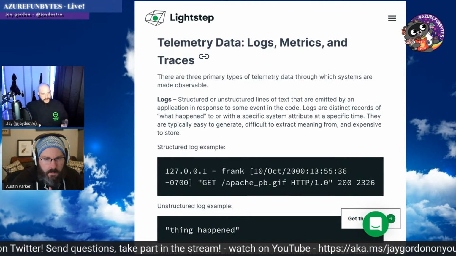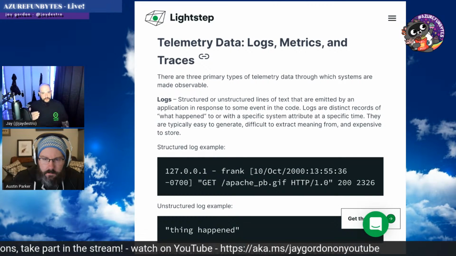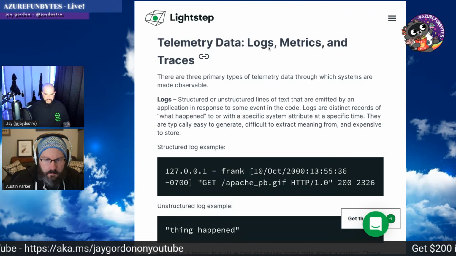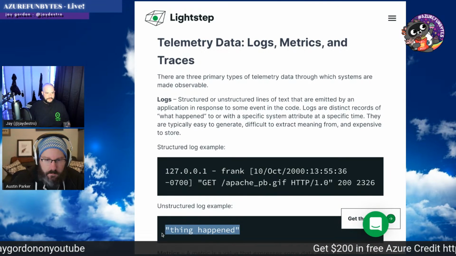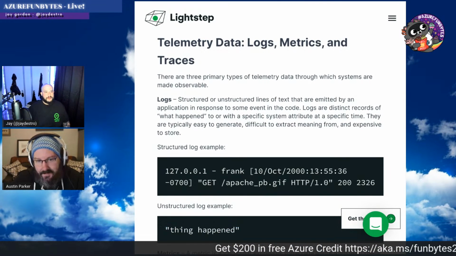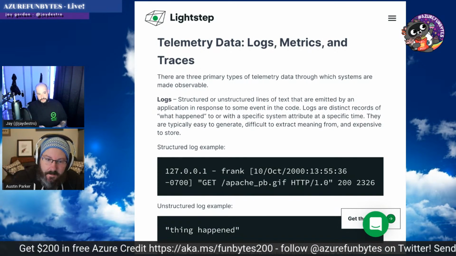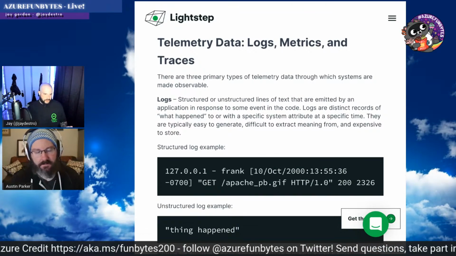Just logs in a file and monitoring of, like I said, red or green. But this is the thing I like here, and I'd love you to talk about it. Thing happened. How do we make thing happen into something that we can use to prevent a catastrophic failure?